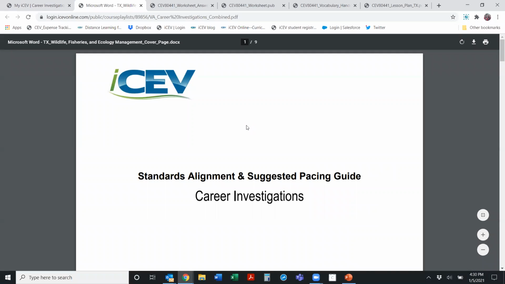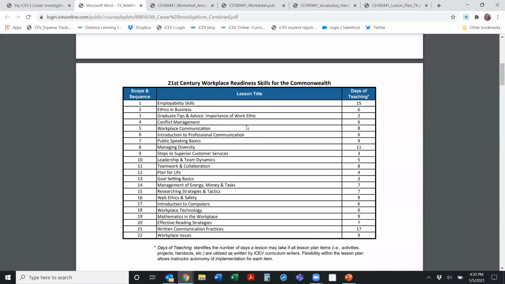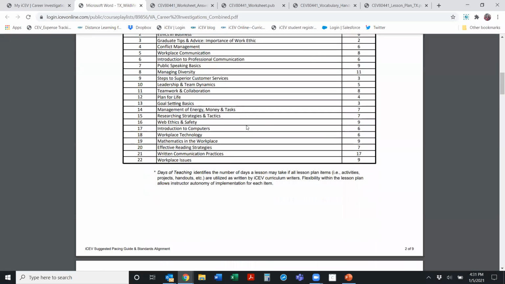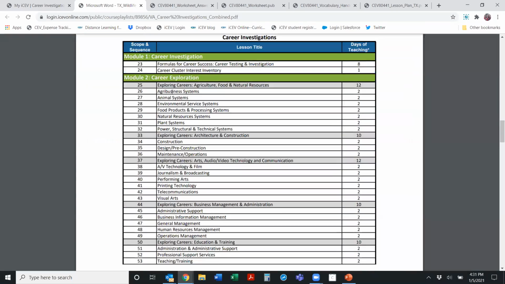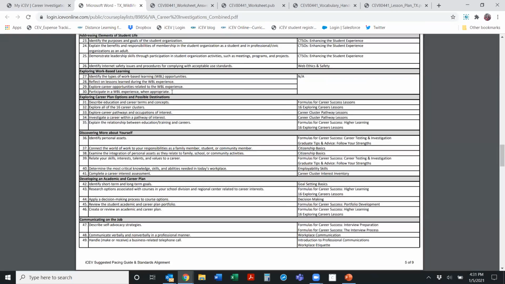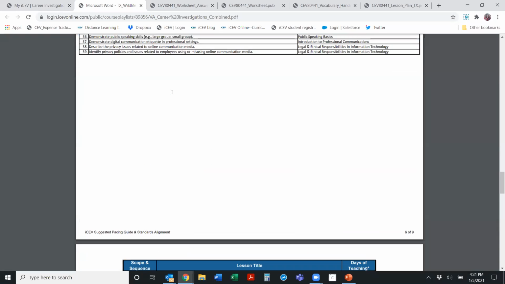If I click on that, this is the document that our team created to show me here's your pacing guide. Here is how the CEV lesson supports your standard over here on the left, and then more pacing guide, and then an additional mapping of CEV lessons to your competencies.